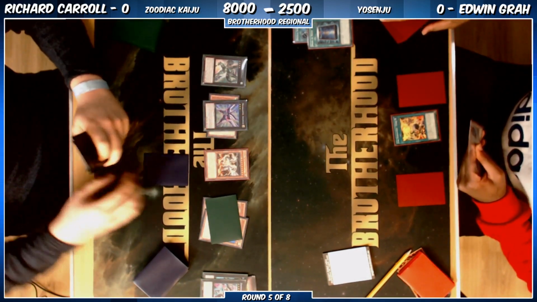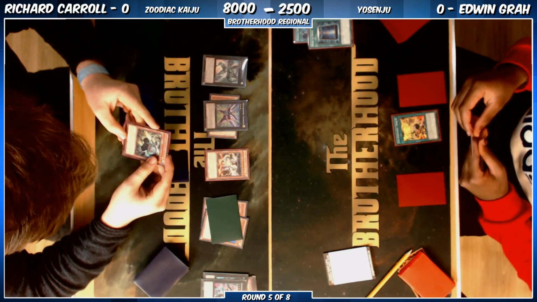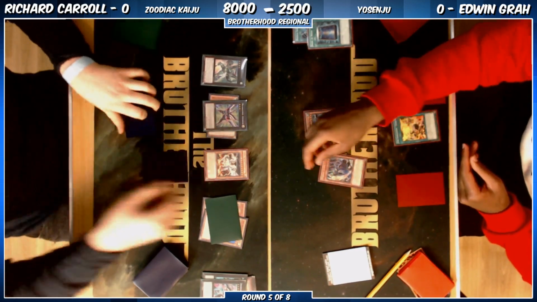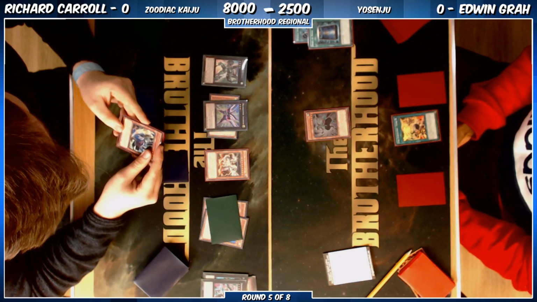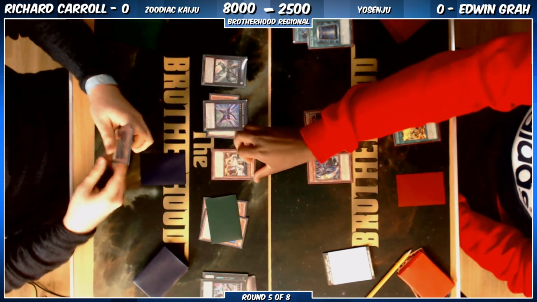We're in a format where whoever goes first has such a big benefit. Like looking at Edwin's trap lineup, he has the Vanity's Emptiness. He has the 1 Macrocosmos, the 2 Lose 1 Turns. So all of those are floodgates. So yeah, I mean, if he goes first,